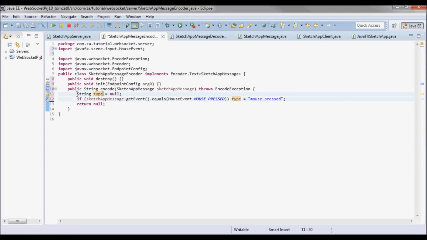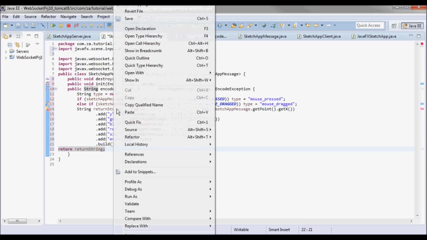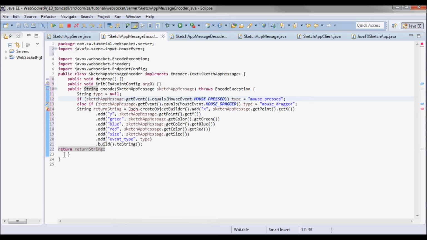So I'll define a string type, and if the sketch app message event is a mouse pressed event, then I'll set that type to mouse pressed. Otherwise, if it is mouse dragged, I'll set it to mouse dragged. And I'll define a return string and return it.